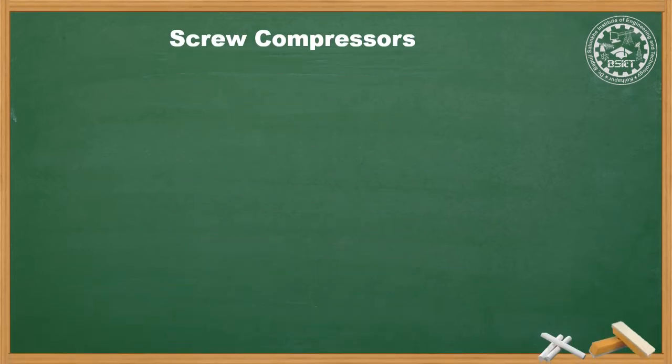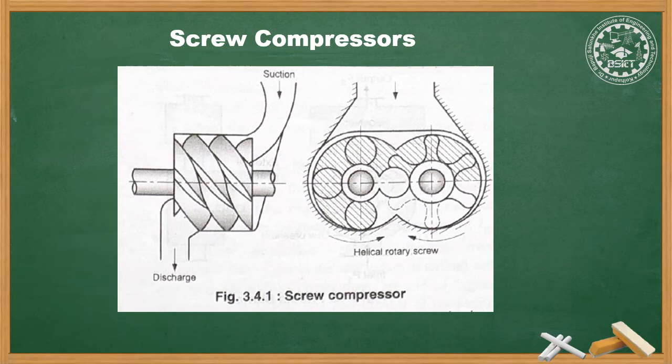Starting with first, screw compressor. Screw compressor is a positive displacement compressor. In screw compressor, the suction and discharge valve is replaced by port in the housing and piston by helical screw rotor, as shown in figure below. The main advantage of using this compressor is that it can supply compressed air continuously with minimum fluctuation in delivery pressure. It is usually applied for low pressure application up to 8 bar.